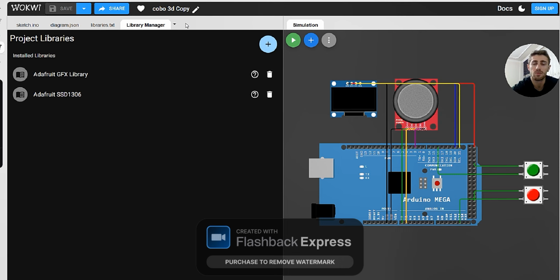This library controls the OLED display itself. It initializes the display, clears the screen, updates each animation frame, and displays both text and graphics. After installing these two libraries, the project is ready to run. Now the simulation, Wokwi simulation.